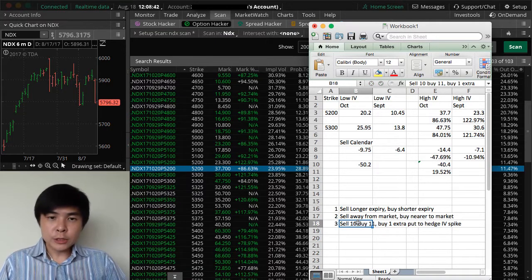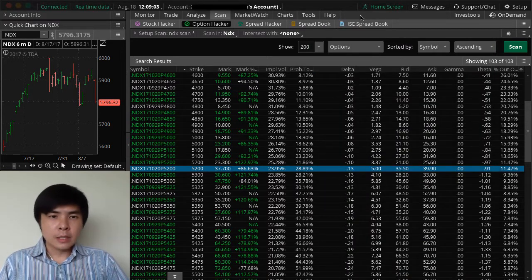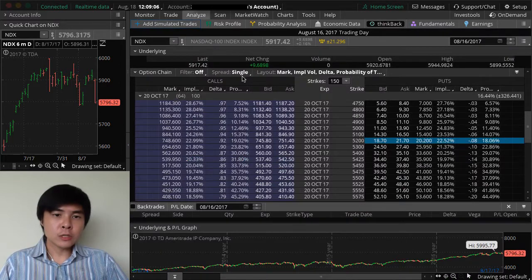Okay, so this will actually give you a very nice selling calendar spread over 1 to 2 months' time of your trade, giving you profit based on time decay, and you are being protected from IV spike. Okay, so how does this trade actually look like for